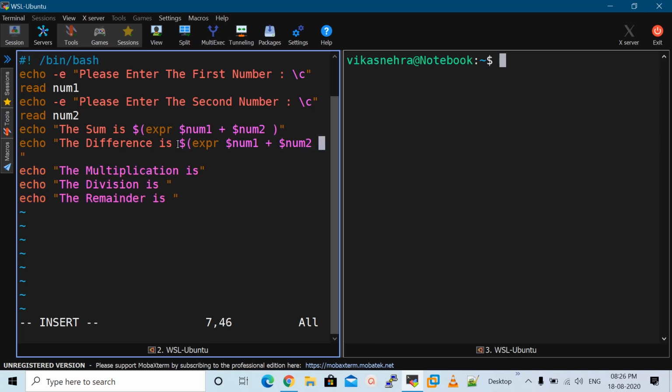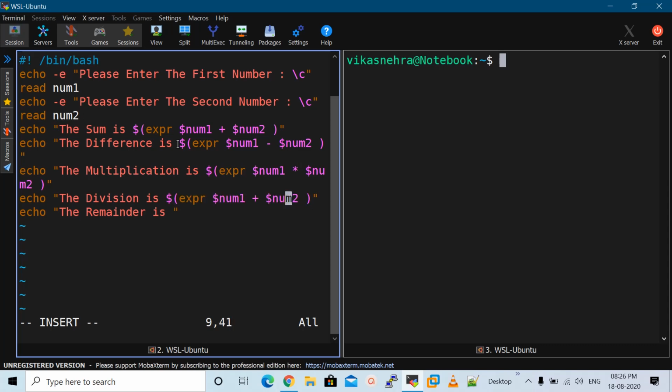And let me mention here, we will close the brackets like this and close the quotes, and this is the operation of the difference, and in the next one we can follow the same procedure, and here we can use asterisk for the multiplication like this. In the next one we can use this slash here for the division, and in the last one we can use the modulus operator here like this.